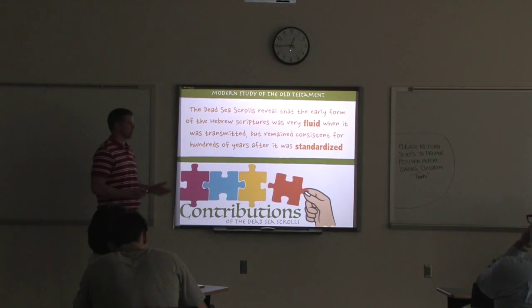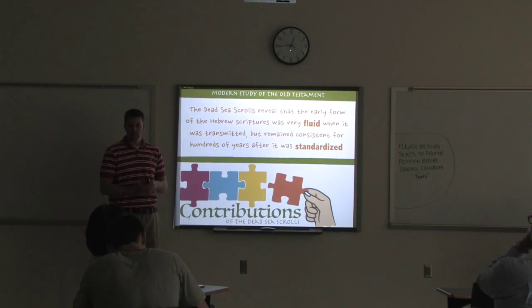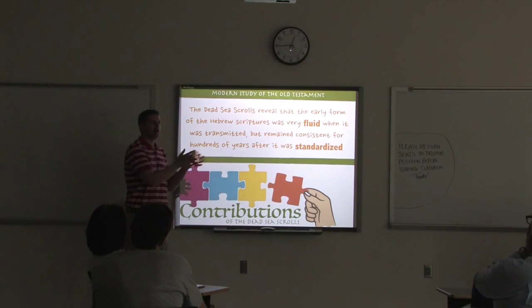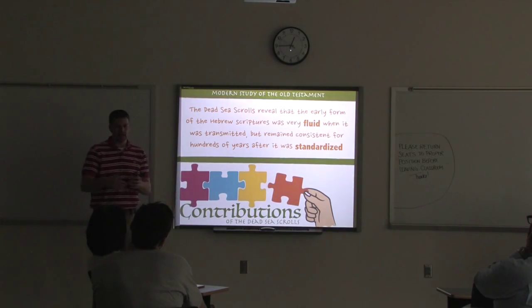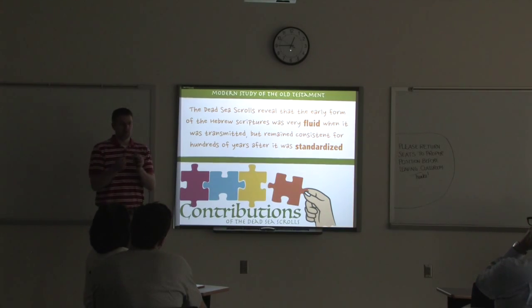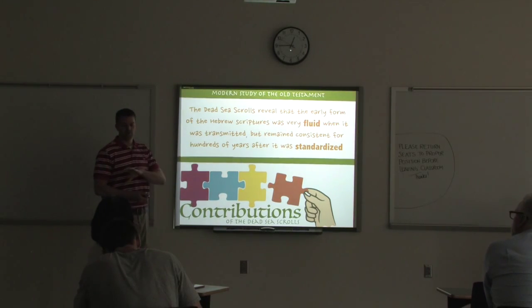What we found, as I mentioned last time, was that before the time of, let's say, Jesus, the text was very fluid. The biblical text was changed in a lot of ways. There were a variety of editions. I mentioned before the David and Goliath story. We had two different accounts of David and Goliath. In one account, Goliath is killed by the sword. In one account, he's killed by the stone. In one of the accounts, Goliath is 9 feet 6 inches. In another account, he's 6 feet 9 inches. So you have a variety. In one of these texts, he's about 43% shorter than in the other.